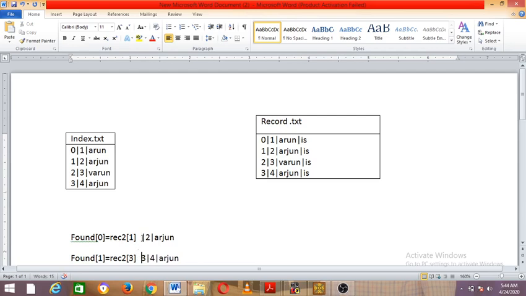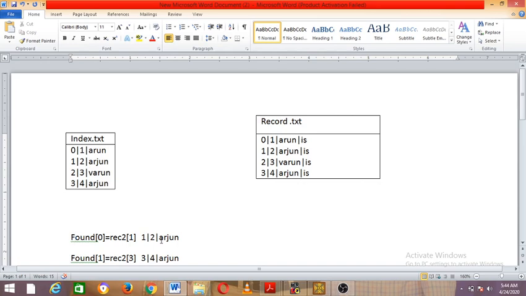Okay, RN is not copied here, or is RN 1. Hope all are following this, because as I see, if it is only 1 name, no problem, only found of 0. No matter of this. For example, as I'm searching Arun, only found of 0 equal to REC2 of 0, that is 1 0 1 Arun. Only one instance, only one time.